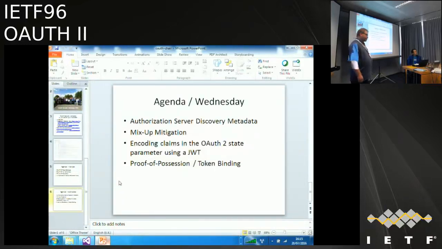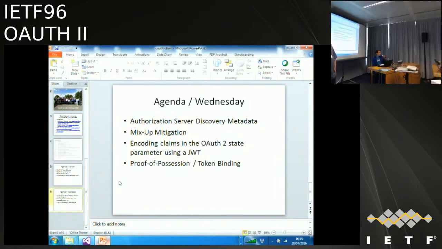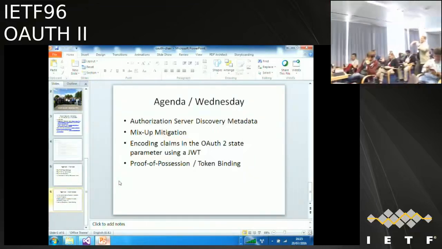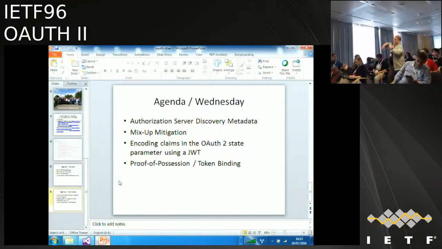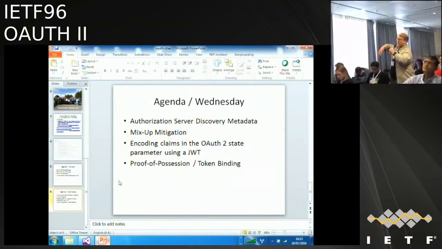John Bradley. So as Phil points out, you still have the problem of nefarious resources. That gives us three options, which are going to have to be addressed in the security considerations. One, having the server discovery point back at the resources which are valid, and having the client not send tokens to resources that the authorization server doesn't know about. Two, talking to the token endpoint and having the access token's audience restricted to whatever endpoint the client is going to send the token to. Or three, some sort of token binding or other proof of possession mechanism. So we'll just have to lay that out.